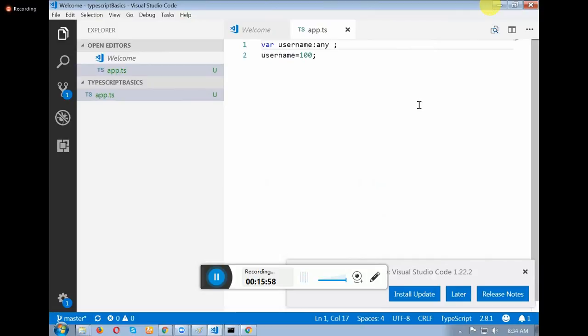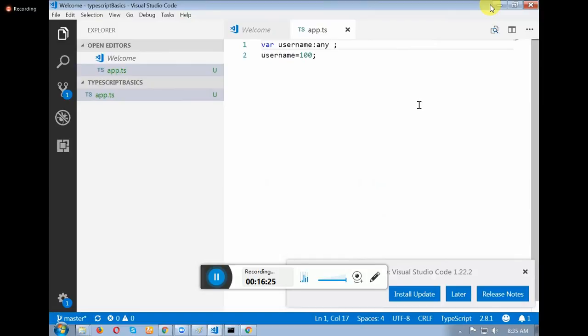Step 2. Open the Node.js command prompt and run the following command.